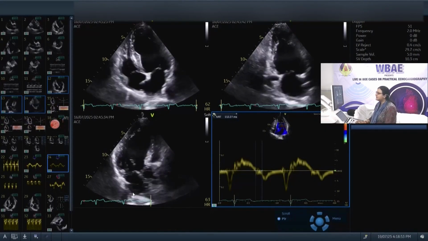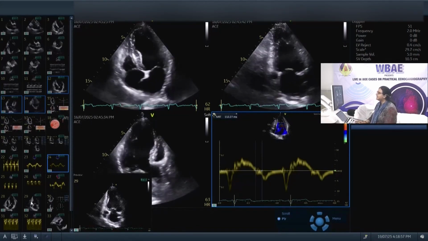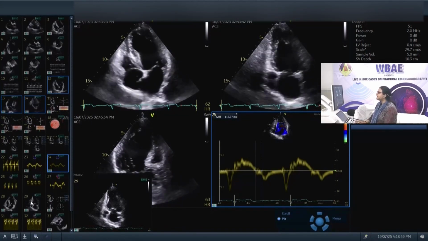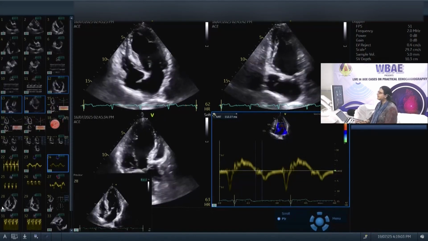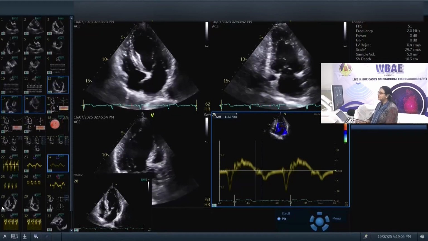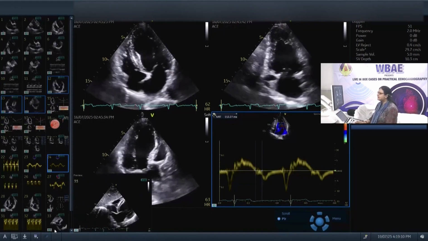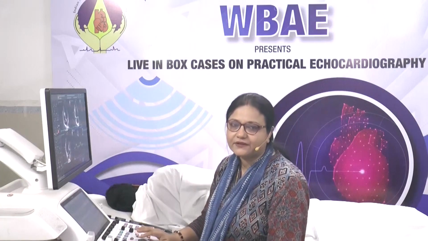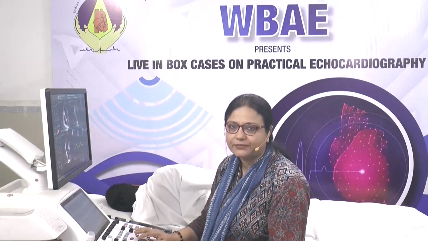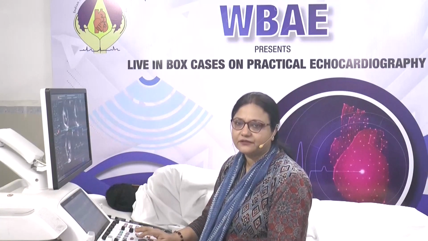So to say that this patient, although this is also a patient of dilated cardiomyopathy, he has a grade 1 diastolic dysfunction, whereas the last patient had a grade 3 diastolic dysfunction. Both have systolic dysfunction. One has regional wall motion abnormality and the other doesn't. To summarize, I have shown you two patients, one of dilated cardiomyopathy of idiopathic origin, another of ischemic origin, one with regional wall motion abnormality and one without.